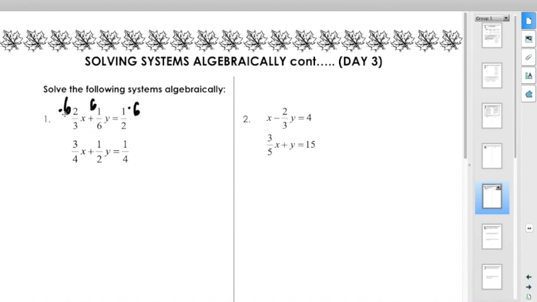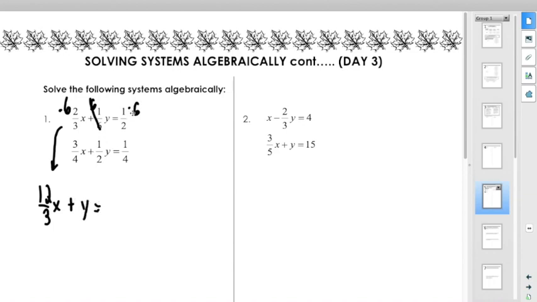I'm going to multiply this by 6, this by 6, and this by 6, okay? Now, if you look here, I can do this one of two ways. I can see that 6 and 3, that would cancel out to 2, right? So if I was doing 6 divided by 3, it would be 2 left on the top. Or I could do 6 times 2 divided by 3. That's the way I like to do it. Okay, so I'm going to put this down here, and I'm going to do 12 over 3x. And then this is easy because I can just cancel out the 6's. And then I'm left with plus 1y